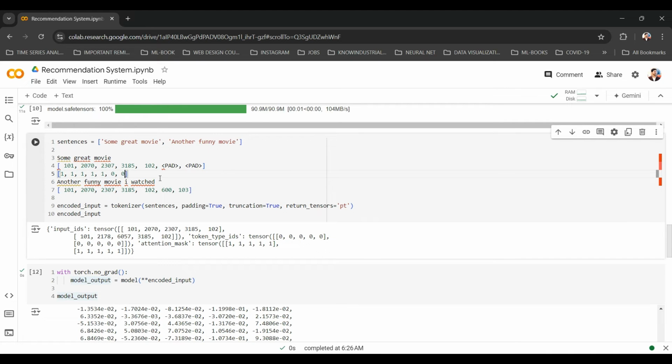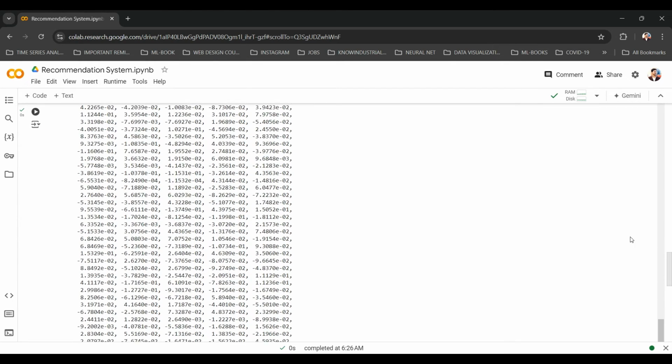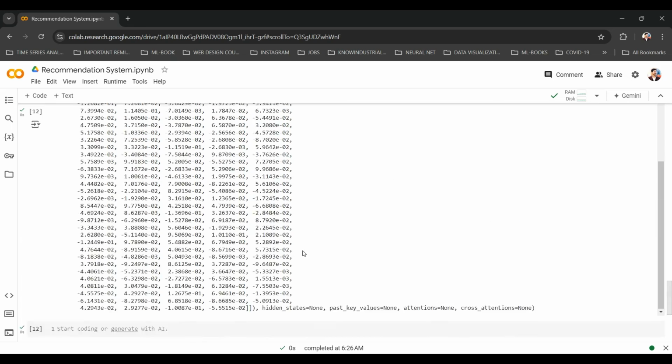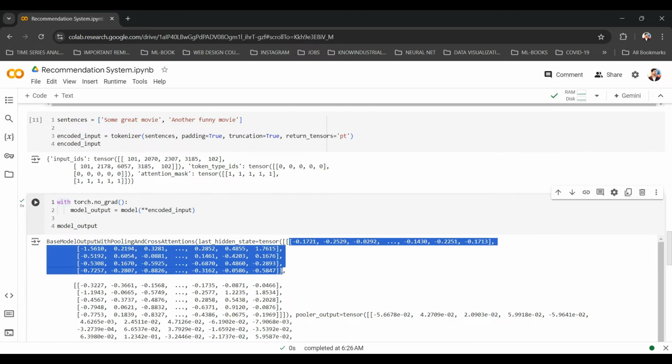So coming back to what we were talking about, we need to sum up these 5 vectors and divide by the number of valid tokens. That's what we are going to do.